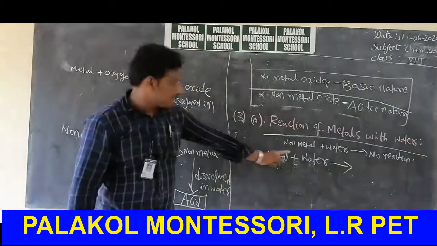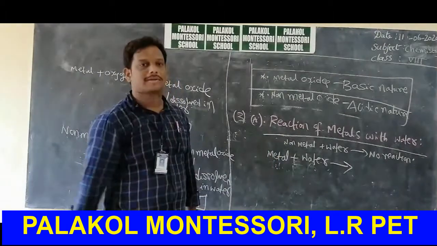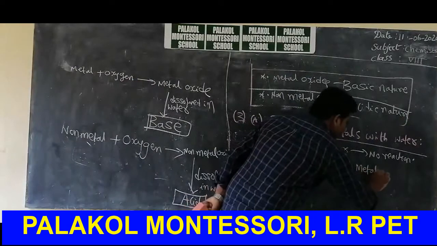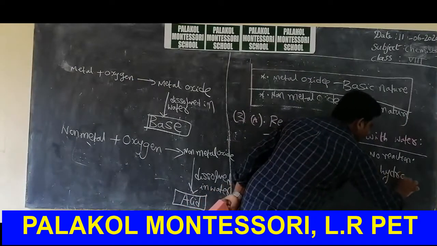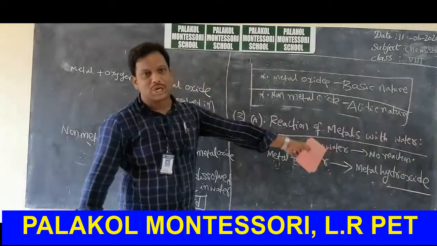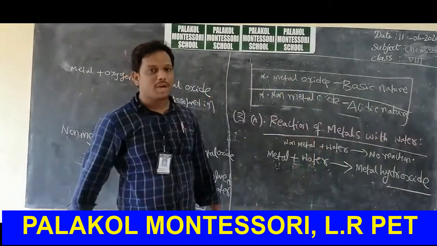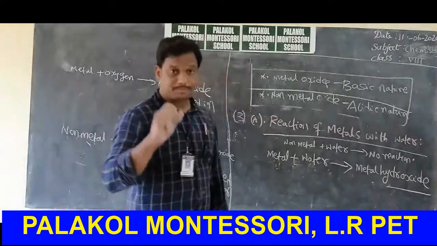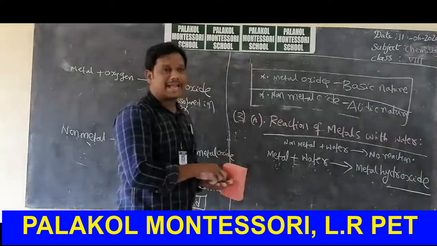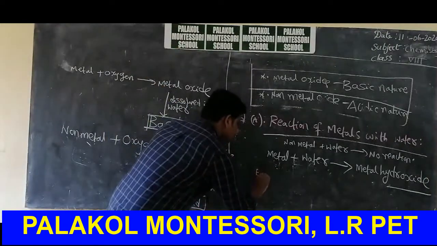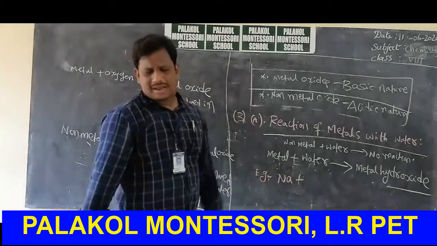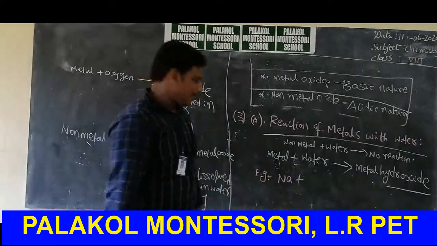When metal reacts with water, it produces metal hydroxide. And again, basic solution. Metal hydroxide. Hydroxide, the name itself indicates a basic solution. Whenever you hear the word hydroxide, we will call it a basic solution. Okay, now I will take an example. Sodium as a metal, it is a very, very important metal, sodium atomic number 11, which is present in solid